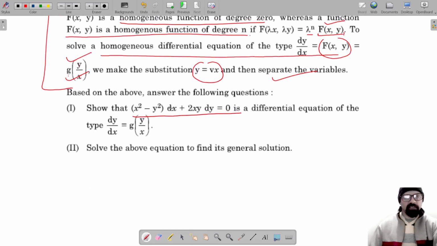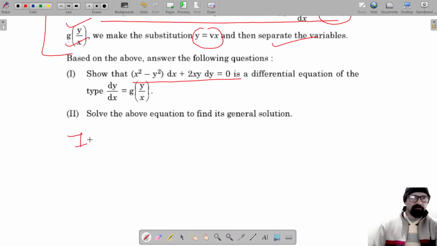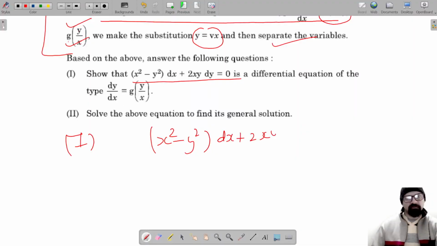तो लिख लेते हैं इस डिफरेंशियल इक्वेशन को। हमारी जो डिफरेंशियल इक्वेशन है वो है (x² − y²) dx + 2xy dy = 0। ये है गिवन डिफरेंशियल इक्वेशन और इसे हमने चेंज करना है एक फंक्शन g में जिसमें वेरिएबल्स y/x होंगे, x इंटू y या y या x नहीं होंगे। ओके।